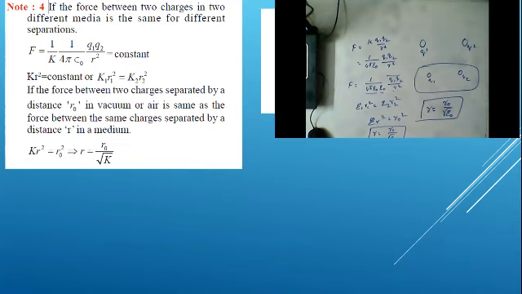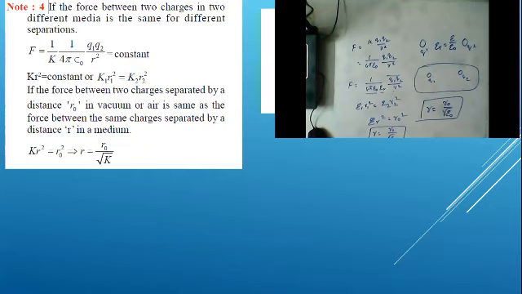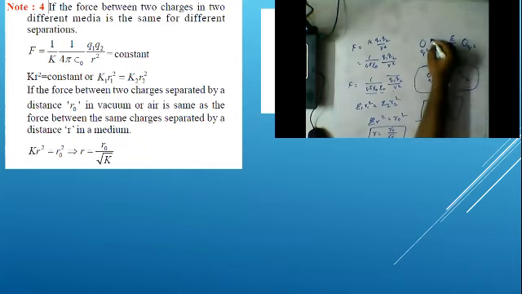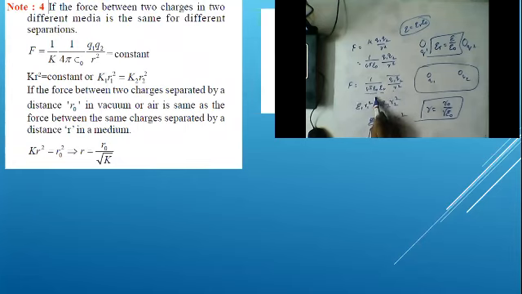First of all, what do you mean by the word epsilon R? Epsilon R is relative permittivity, and epsilon R is equal to permittivity in media by permittivity in free space or vacuum. So when it is dipped, from this we can write epsilon is equal to epsilon R into epsilon naught. The same one we are substituting in the formula. This is F in media, force in a particular media. We can write it as 1 by 4 pi epsilon, and here epsilon R Q1 Q2 by R square.